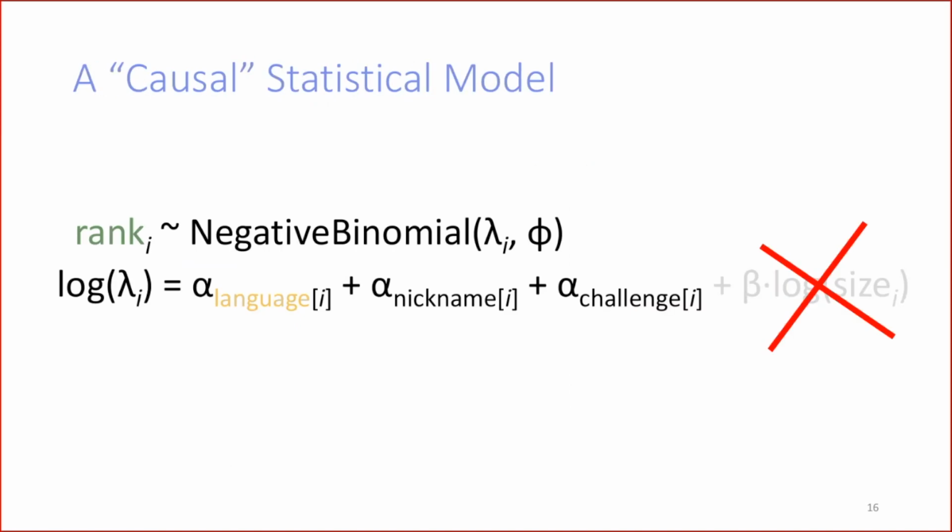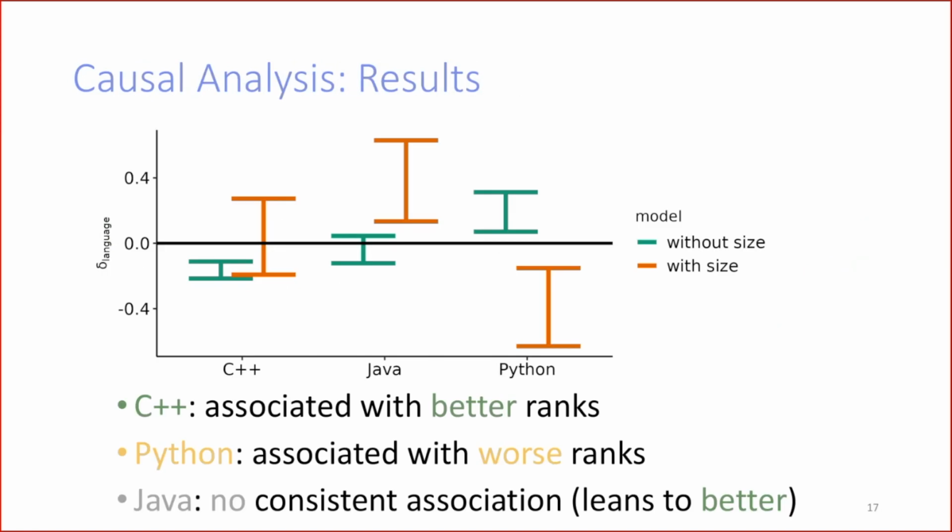So the conclusion is that if we want a model that more accurately estimates the effect of language, we need to get rid of size, and then we can keep everything else in the statistical model. Now let's go back and compute again the confidence intervals and see in particular how they look without the term size. The previous one was in orange, and this is the green one. Quite a big difference.